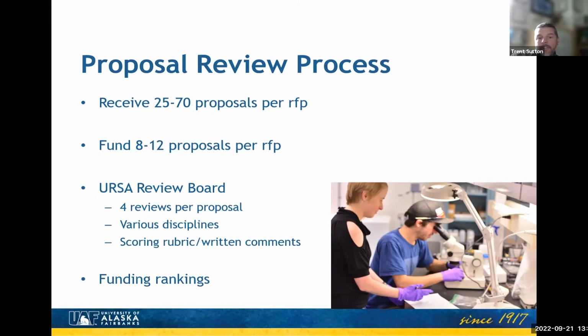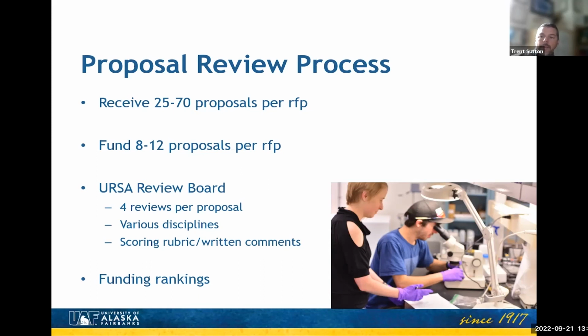Typically, we're funding anywhere from about 8 to 12, plus or minus a couple, might be plus or minus 1 or 2. Maybe we fund a little bit less than that. Maybe we fund a few more than that, depending on the proposals and their quality. But the point here is, it's a competitive process. We're not going to fund everybody. And so submitting a proposal and putting the time into it to make sure it's well developed is pretty key. And I'll come back to something here in a little bit on that.